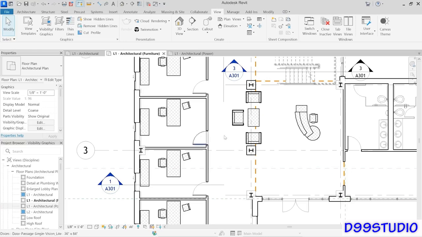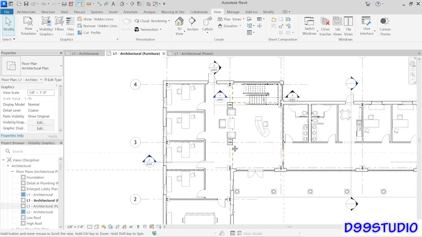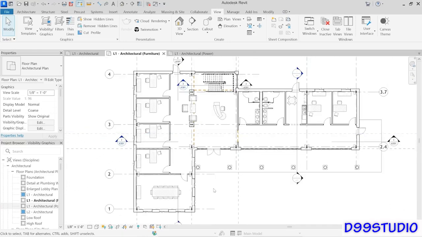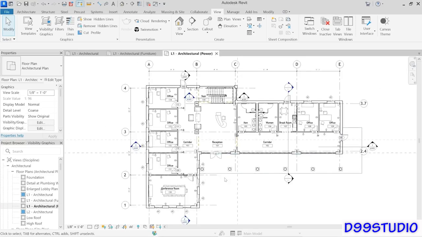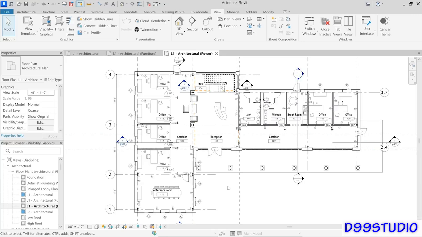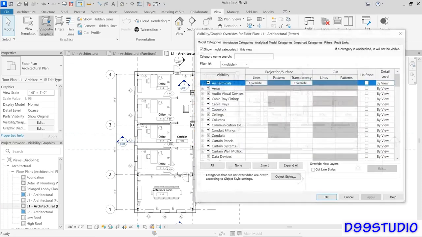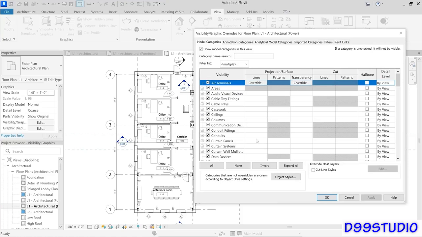So this serves to emphasize the furniture here in the furniture plan view and make it a little bit more prominent. So now let's direct our attention to the power plan. Now here in the power plan, I obviously don't want to hide the electrical outlets and so on, because that's the purpose of a power plan. Now you could hide the furniture so that the electrical outlets stand out, but it might be nice to see the furniture here. So instead of hiding it, let's go to visibility graphics and look at one more example of